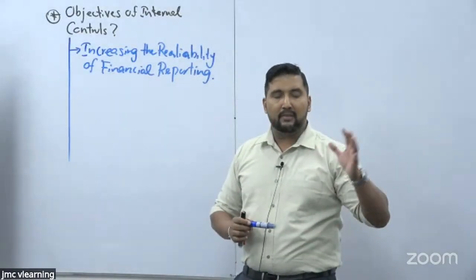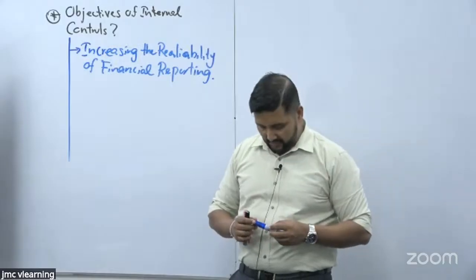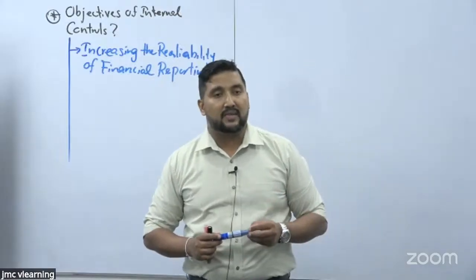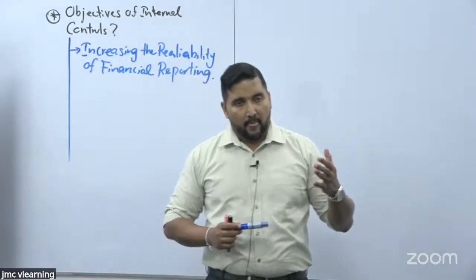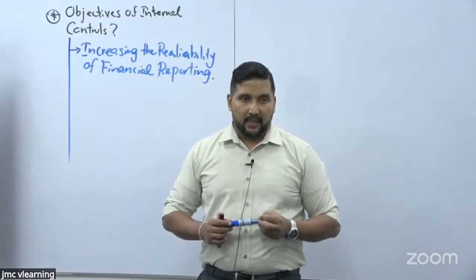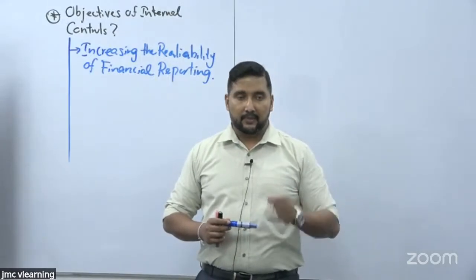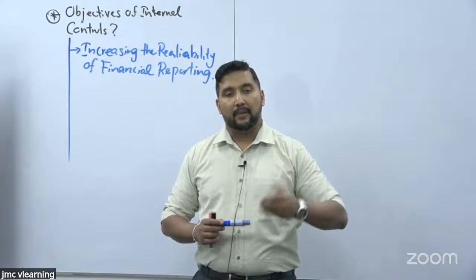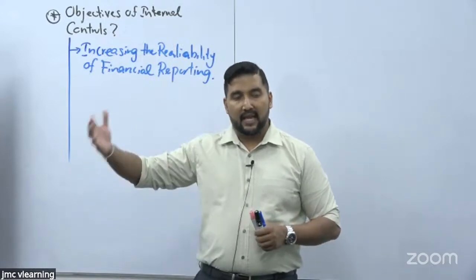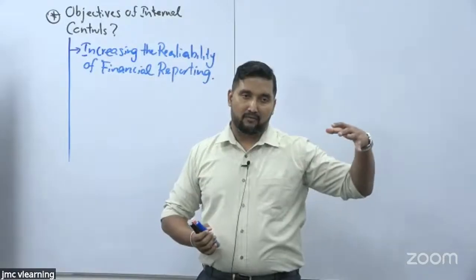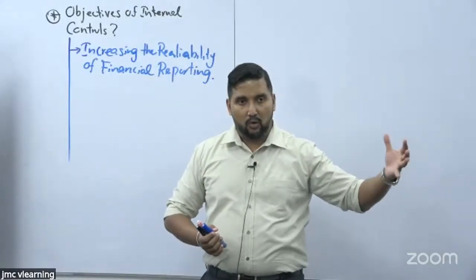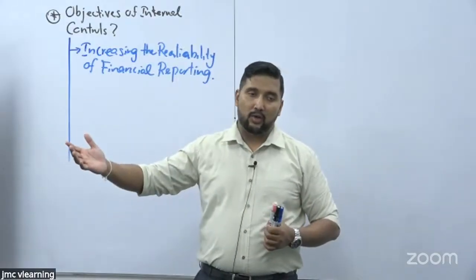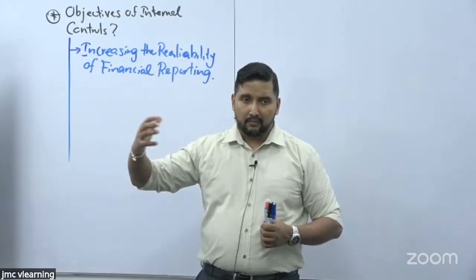For you to get a better understanding, we'll take at least 2 or 3 examples. For example, a common control implemented in most business organizations: when the business organization is making a payment, the clerk will prepare the payment voucher, whereas the cash will be released by the cashier. On one hand you have the clerk who prepares the payment voucher with the relevant supporting documents, and on the other hand you have the cashier who issues cash.